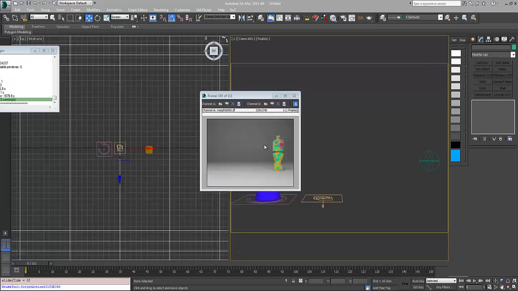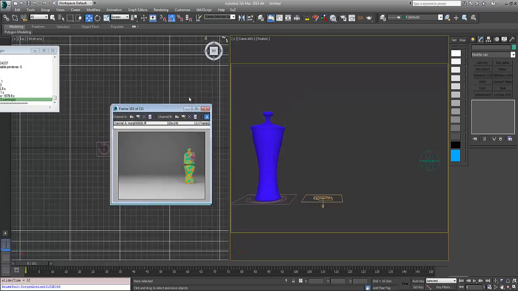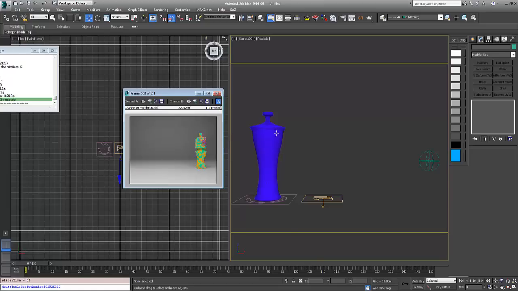I'm updating it because a lot of people were unhappy that my tutorial wasn't in HD, so I'm just uploading an HD version of it right now. I also added how to align your particles to the geometry surface using the data operator. Basically, this is what we're going to be doing here. As you can see, the particles are all aligned to the geometry, and if I hit play,